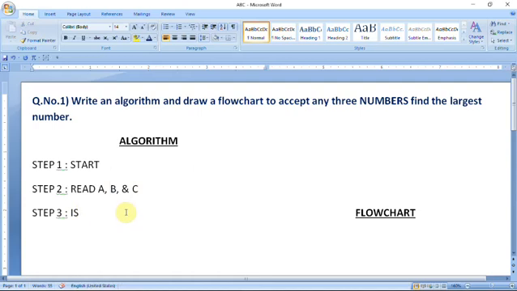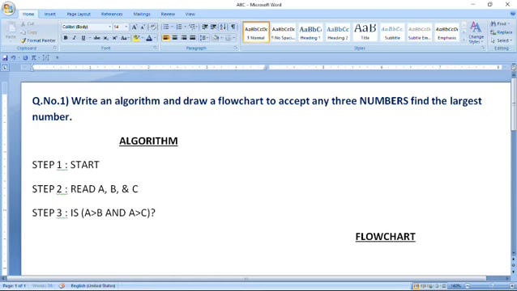This is the condition. So the first number I want to test is A. Is A greater than B? And this is called a logical operator. You will learn about logical operators while learning about programming language. One separate topic is given there, operators, so I do not want to explain here. Now next, is A greater than B and A greater than C? After that, close a small bracket. Now next you have to give a question mark.